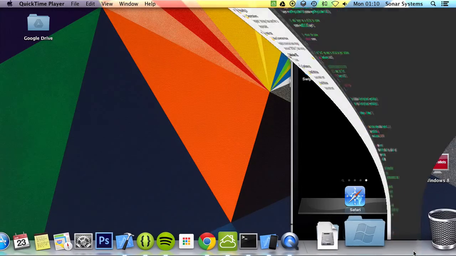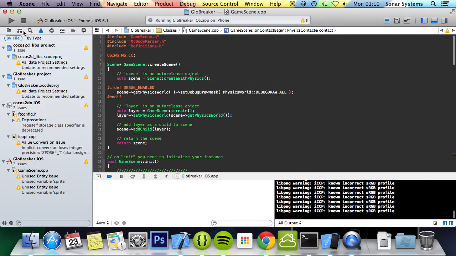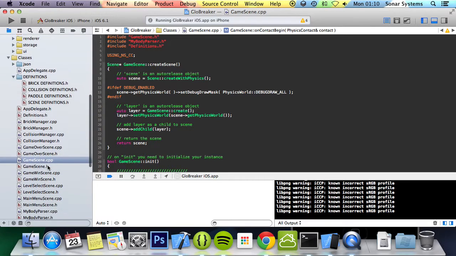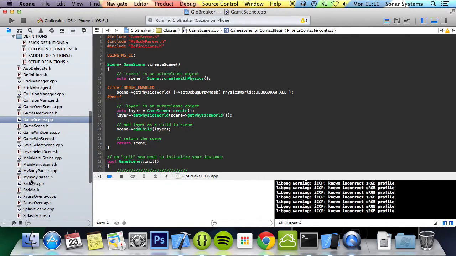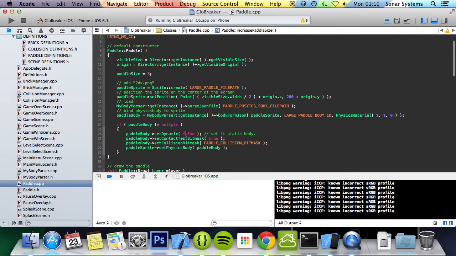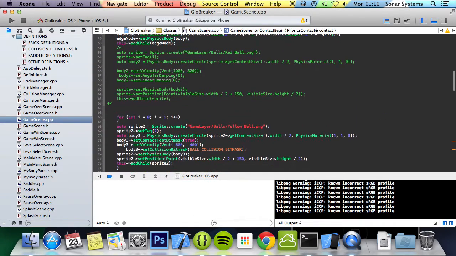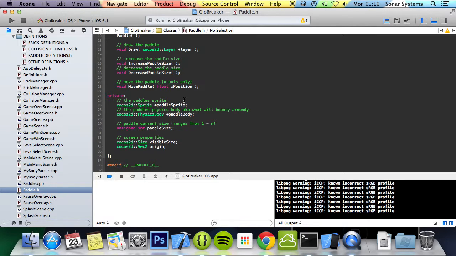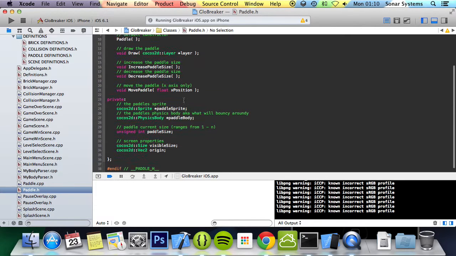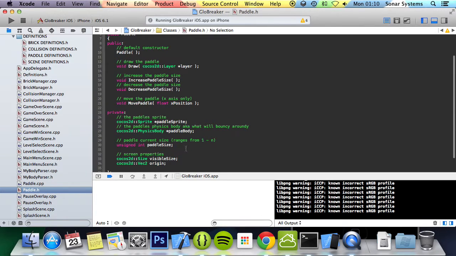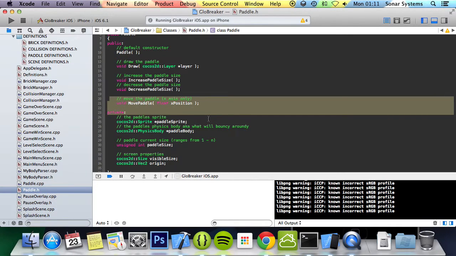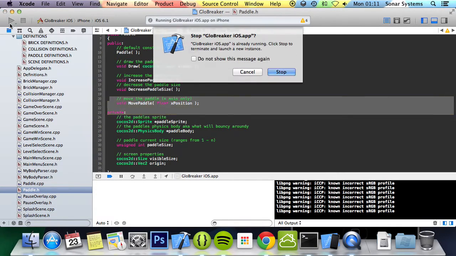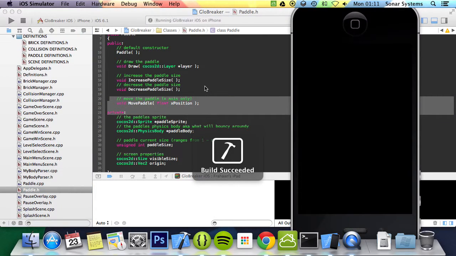Let's just show you via code and then we'll show you in the simulator as well. So for the paddle, as I mentioned in the previous vlog, the paddle was originally in the game scene. It's all nice and horrible. I've abstracted it into a separate paddle class, which is now nice and neat, has its own variables, attributes, methods, and so forth. I was just going to abstract it and set up the move function. So when you touch, you can move the paddle